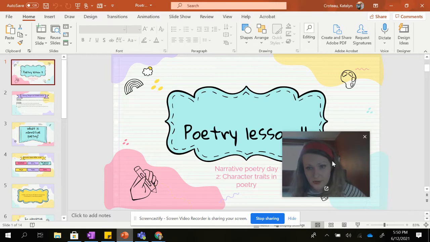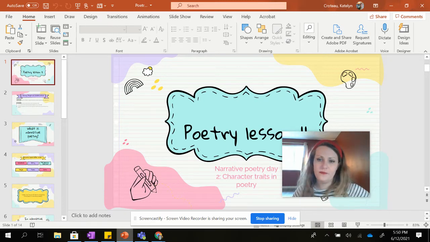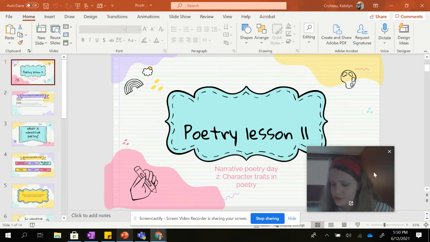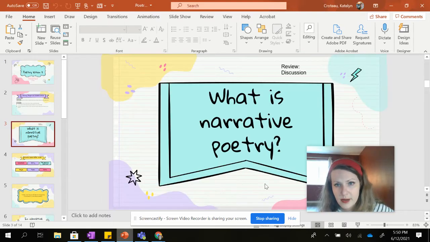What we were talking about earlier today was our elements of narrative poetry, right? And how the elements of a narrative are similar to elements that you're going to see in short story narratives, in chapter books, but they're done in a poetry format, right? And so that's what we were talking about before. But what is narrative poetry? It has a beginning, middle, end. It has characters. Those are the things that it has to have, but also it might have other literary elements like